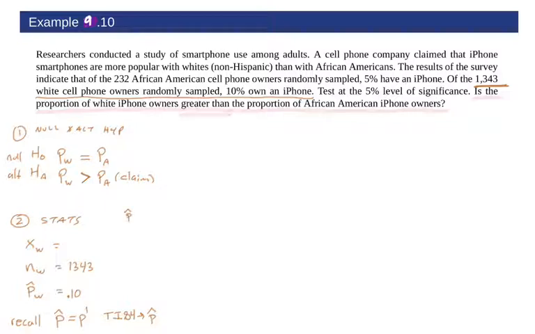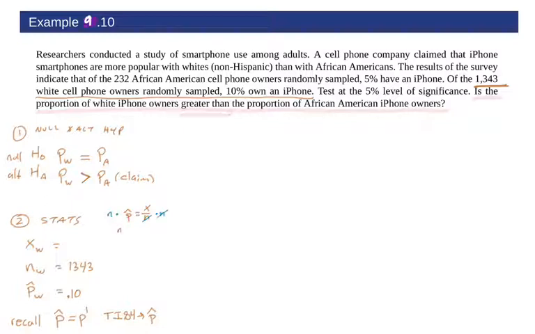And it gives us the proportion this time. Okay, so notice the last example they gave us our X, number of successes. Now they're giving us just a proportion there. And if you recall, in order to get your proportion, it's always X over N. So if we do some algebra on this,